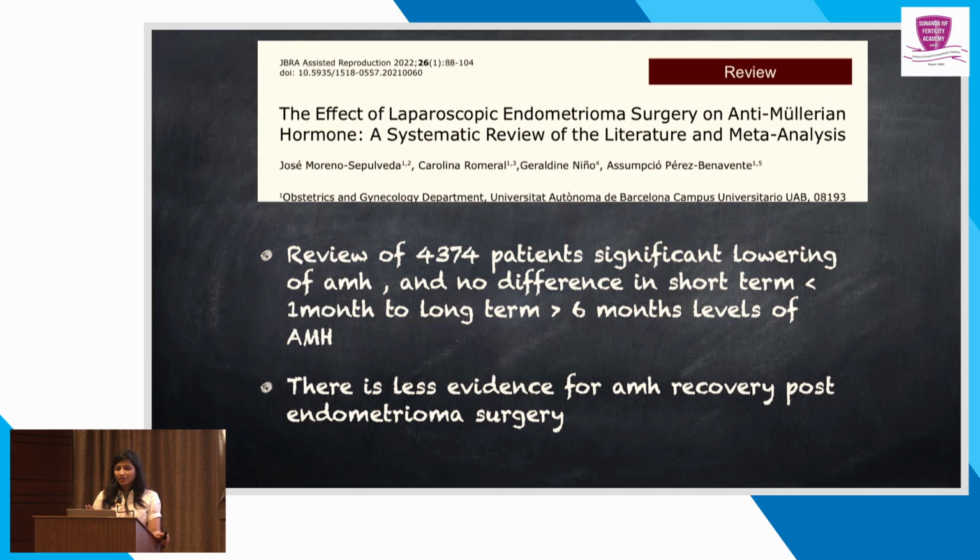So initially, before this paper came in 2022, there was a paper in 2021 which said don't check the AMH level immediately after surgery, because from the primordial pool to the antral follicle, it will take some time. At least check it after 80 to 90 days when the actual pool is getting expressed, because if you do it immediately after surgery, it's going to be low. But later on this paper came: whatever the surgery and whatever the minimal intervention you are doing, there will be a fall of AMH after surgery, and you have to take a prior consent